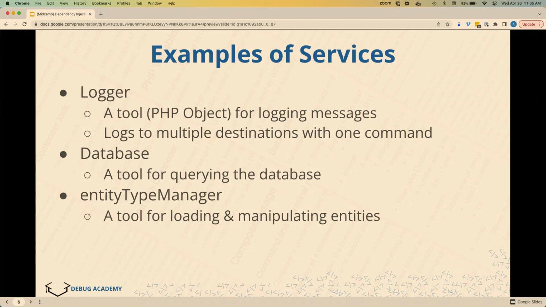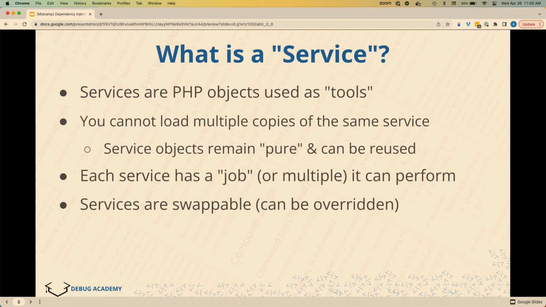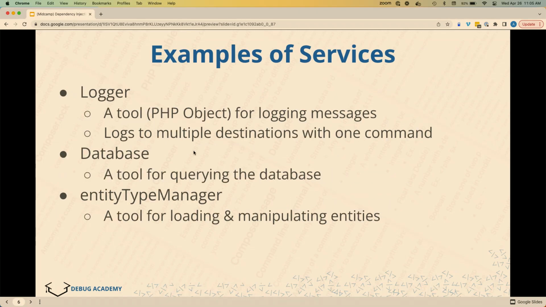So some examples of services you've probably encountered in the wild. Again, the logger, which is actually a service collector, but it's not the topic for today. But yes, logger, which is a service collector, picks up many different logging services.